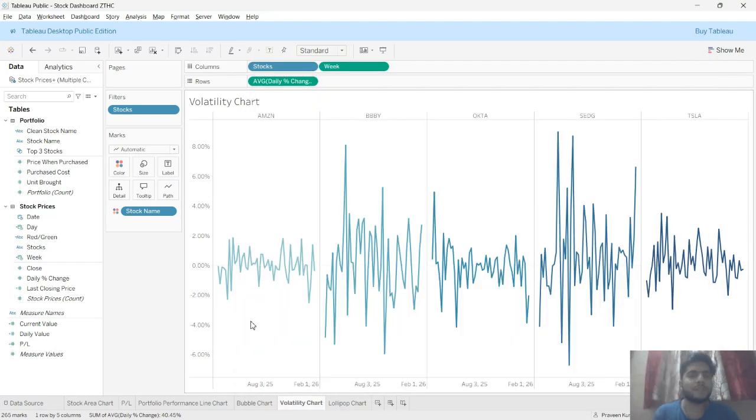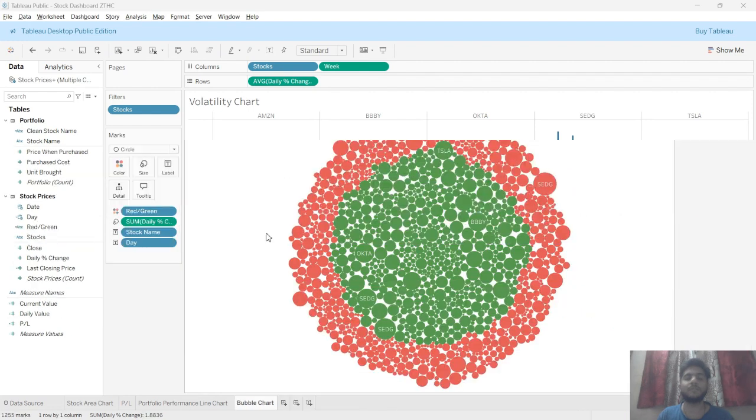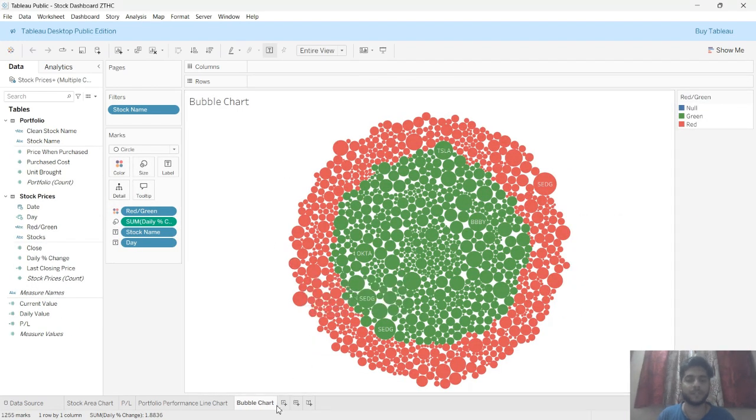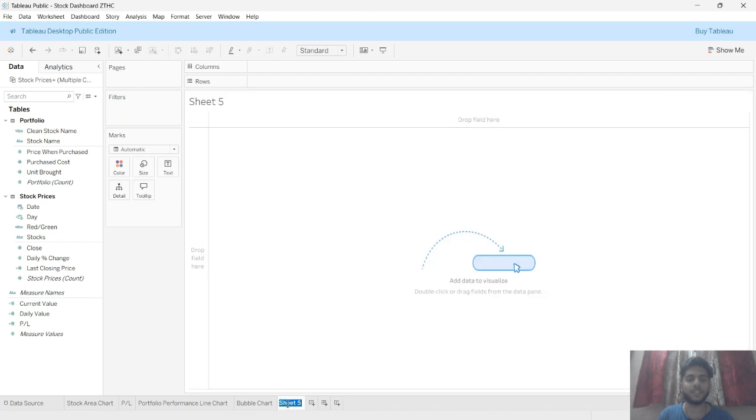So why are we seeing this? We are going to create this kind of chart in our Tableau. We know we have some daily percentage changes in our stock price, so we will create this chart. Let me open my dashboard. This is the last visual which we have created. So I'm creating another sheet. I will create a new sheet here, and I will name this particular sheet volatility